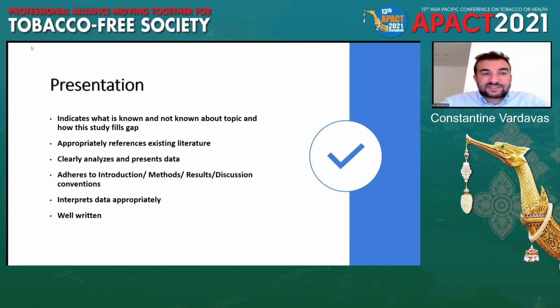And one of the main points is bullet 4, that it adheres to the introduction, methods, results, and discussion breakdown. You want to make sure that the manuscript has these 4 main points. And the last point, and there are many tricks to organize that, in quotation marks, is the manuscript must be well written. There's always a slight bias when a manuscript written in English is not written in perfect format, which makes things sometimes difficult for people from non-English speaking countries. I'm initially from Greece, so I've had that issue as well, and I see that also with colleagues.